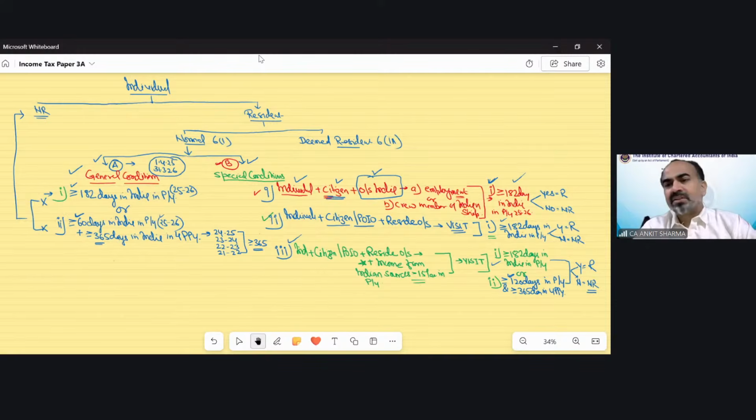Golty Analyst is saying, sir, in case of a person of Indian origin, we should always apply the general condition, right, sir? No. If you are a person of Indian origin, special conditions apply. You can see there is person of Indian origin. POIO is the short form of person of Indian origin. So a person of Indian origin falls in category B, second and third points included.